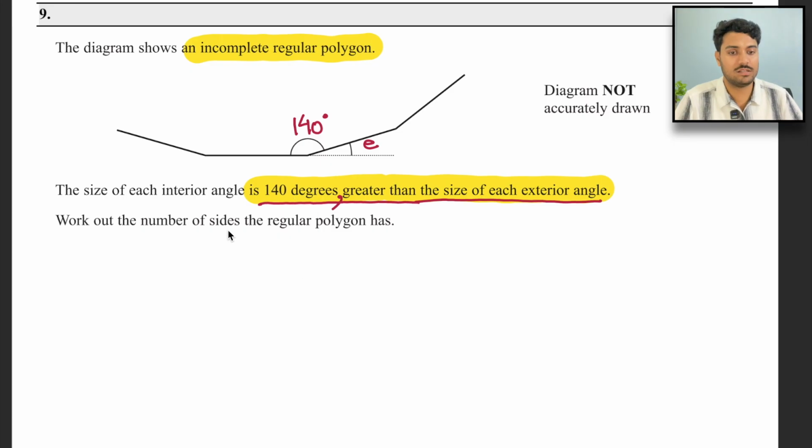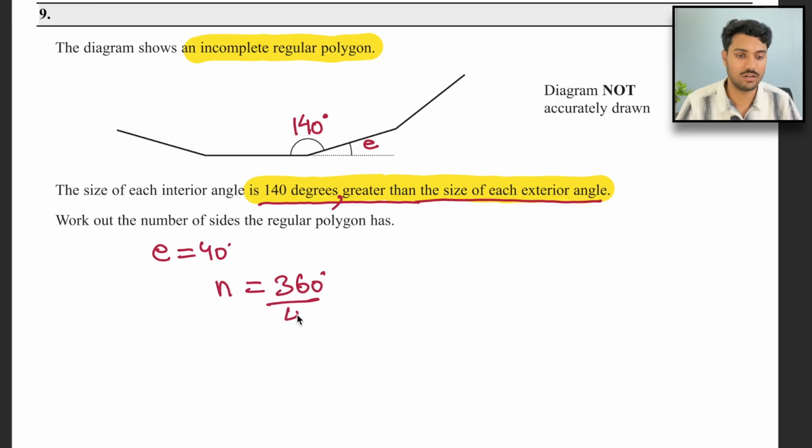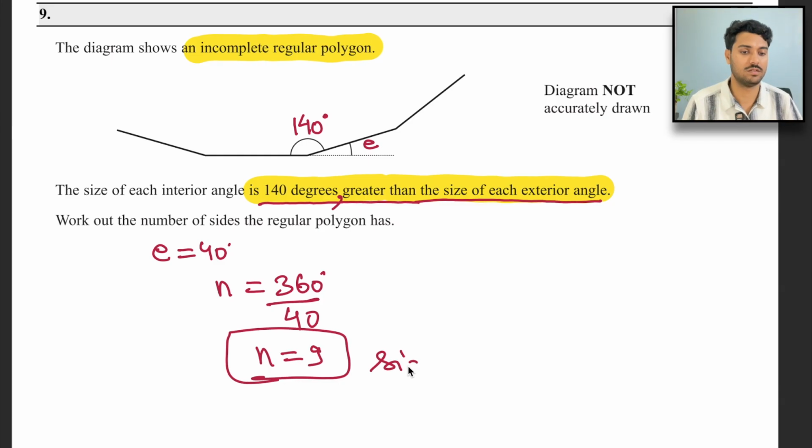Then in that case, E is 40 degrees because interior angle plus exterior angle adds up to 180 degrees. E is 40, so N is going to be 360 degrees divided by 40. So 360 divided by 40 is 9. N is equal to 9. So 9 sides. Let's move on